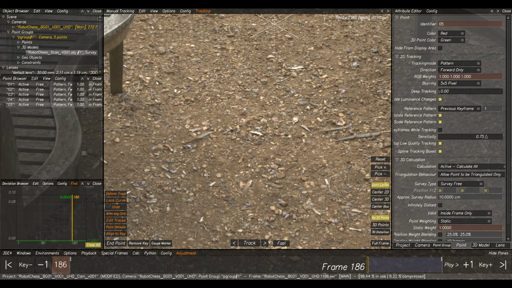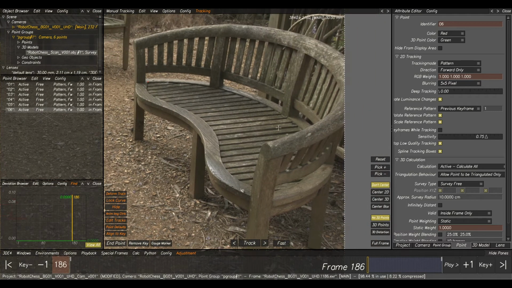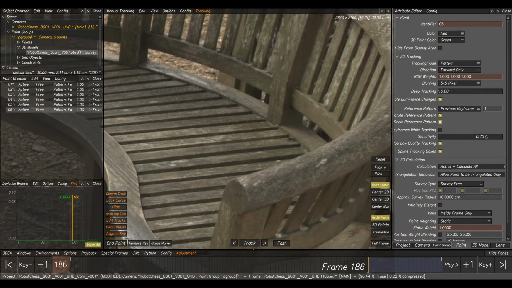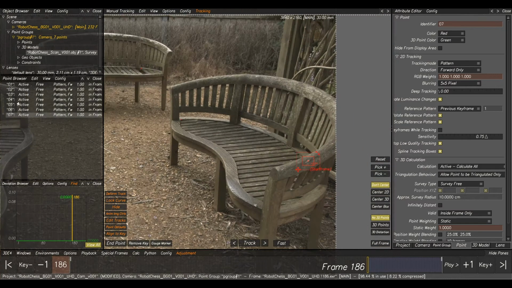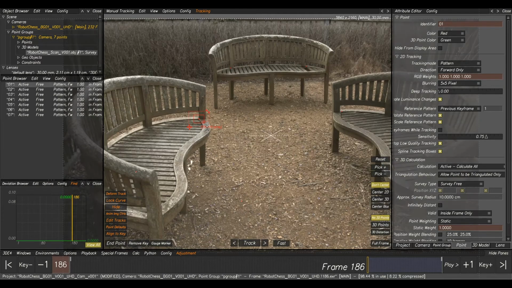Some of this might have moved, so we might have to change it up. So if we just pick this pebble here, and if we pick this bit here, in fact that looks like it'd be a good bit. So we've made 7 points, so if we select our first one and press F5,